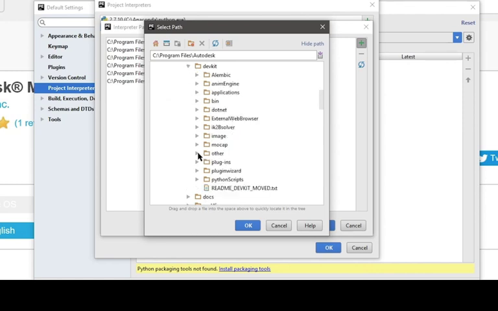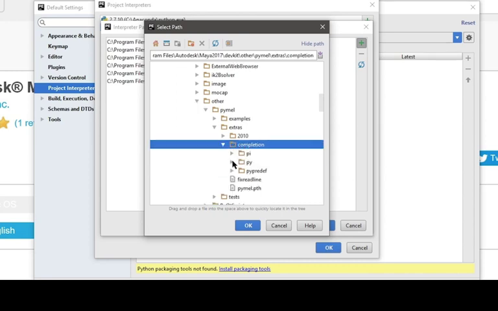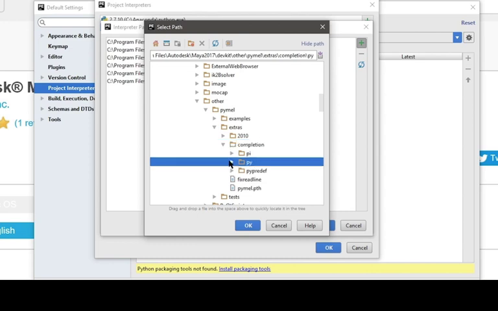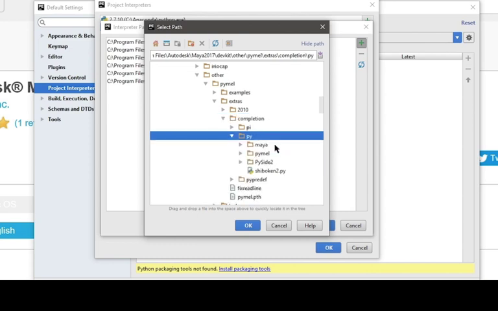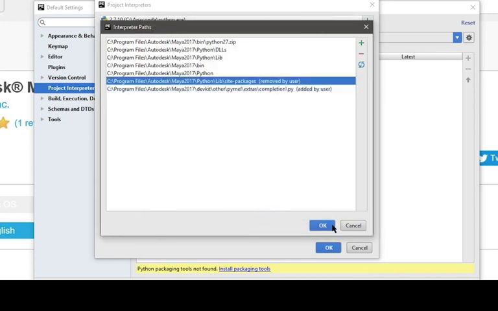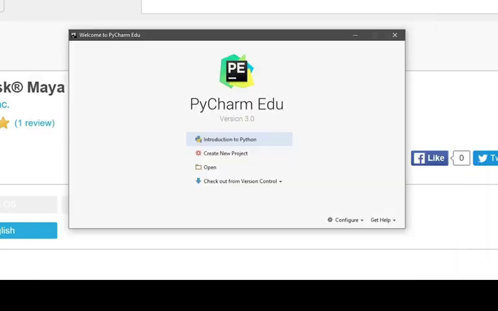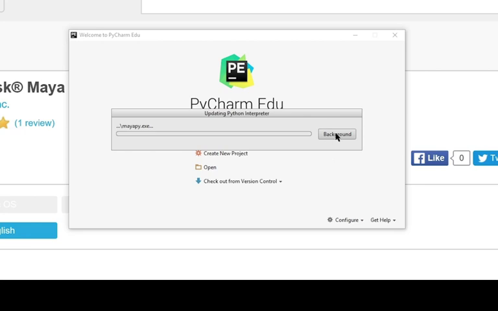Inside the dev kit, go to Other, PyML, Extras, and Completion. Then click on Py, the PY, and just add this directory by clicking OK. Finally, simply click OK, hit OK again, hit Apply. Now PyCharm will know to use the Maya Python instead of your system Python, and will be able to autocomplete as you type. So let's close down these settings,